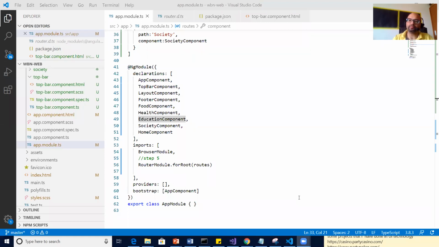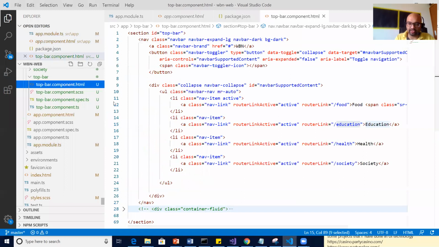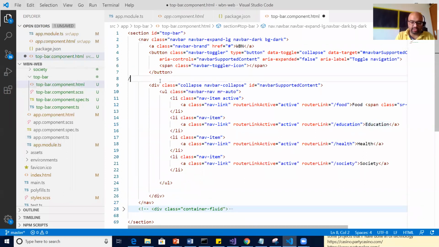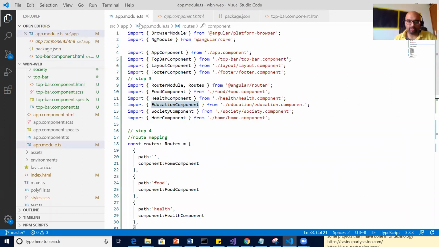So let's go back now to our HTML, the top bar, from where we started. Somewhere here you can say step 1. Step 2, what did I tell about step 2? Step 1 was this.